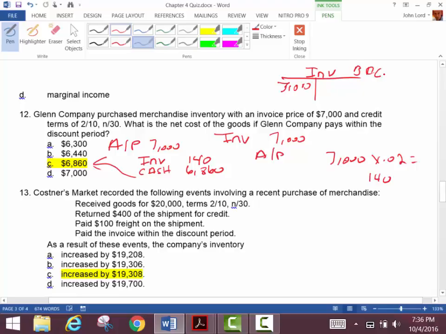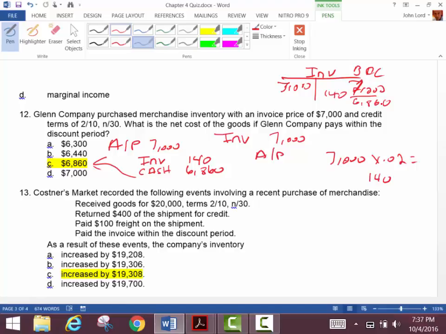7,000 when I first got it. And then I just did what? That's 7,000. And I just did what? Credited it for 140. So the net amount that's sitting in the inventory now is 6,860. Look at it. Have you ever seen such a beautiful mechanism in your life? Look at this. It shows up for exactly what I paid for it, doesn't it?